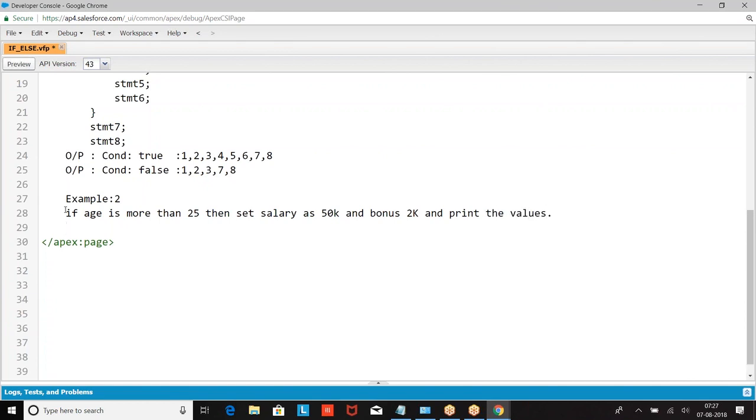Write the condition here, write the logic.